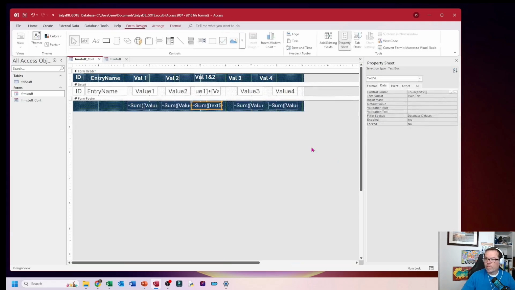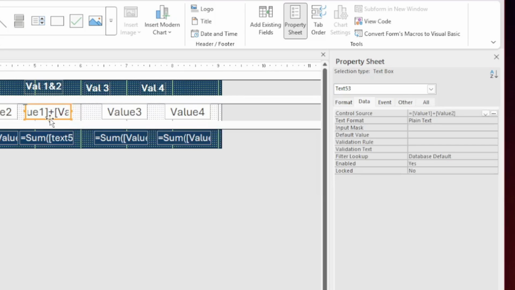Now let's look. Oh boy, look at what just happened here. We have errors. Why is that? Well, notice that I am using an expression to get the value of this text box. It is adding value 1 and value 2 to get value 3. If I'm doing that, I can't use another text box with an expression to sum this, because it's going to give me an error. So what I would need to do if I wanted to sum this column